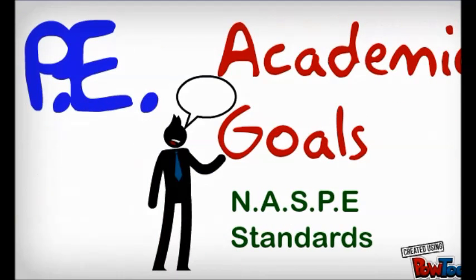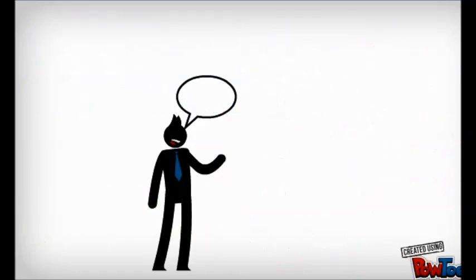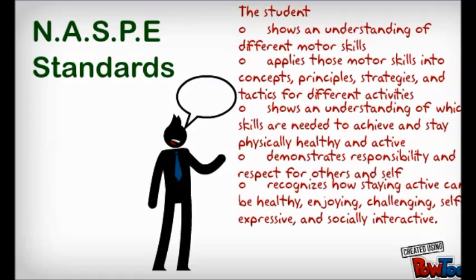With my concentration being physical education, the academic goals my physical setting will be supporting are the 5 NASPE standards, which are summarized into the student showing an understanding of different motor skills, applying those motor skills into concepts, principles, strategies, and tactics for different activities, showing an understanding of which skills are needed to achieve and stay physically healthy and active, demonstrating responsibility and respect for others and self, and recognizing how staying active can be healthy, enjoying, challenging,